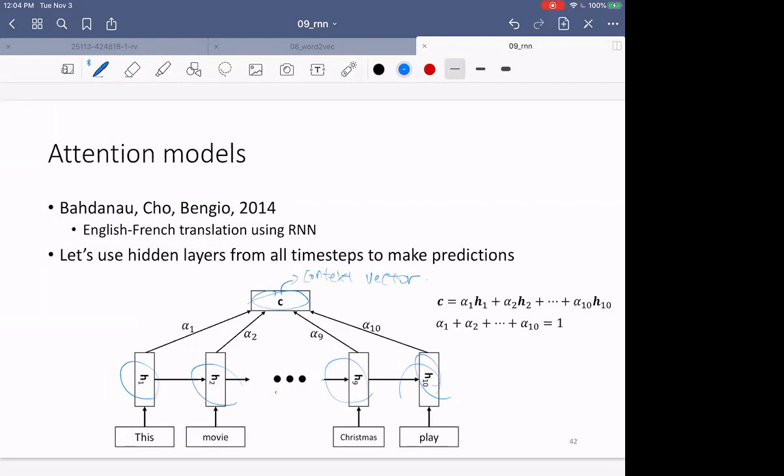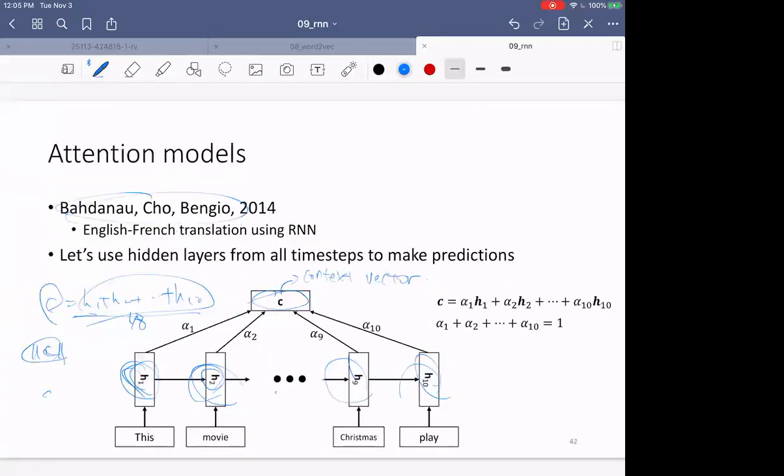There's a caveat. You can obviously just simply sum them, C equals H1 plus H2 plus all the way to H10. That's totally fine. But the risk of doing this is you don't know how long your sentences will be. If your sentence is really long, then the norm of C will be gigantic, because you're adding a lot of H's. And if your sentence is only 5 words, the norm of C will be really small. You don't want that to happen. Then obviously you can also just divide by 10. That's also fine. But